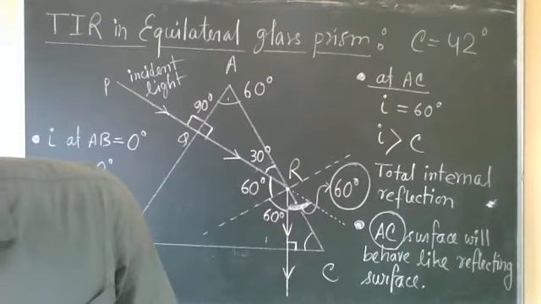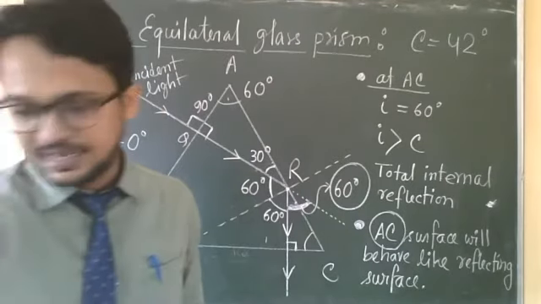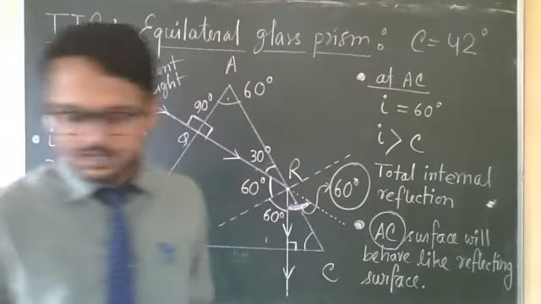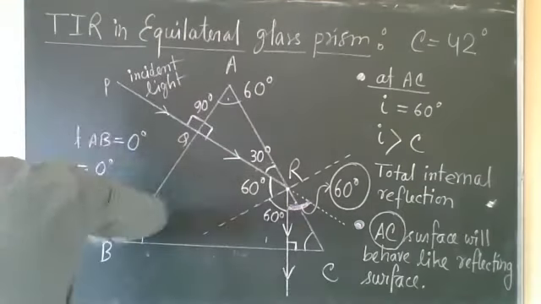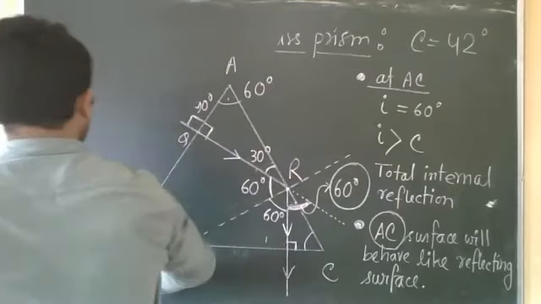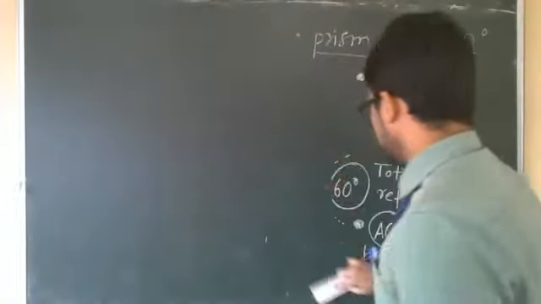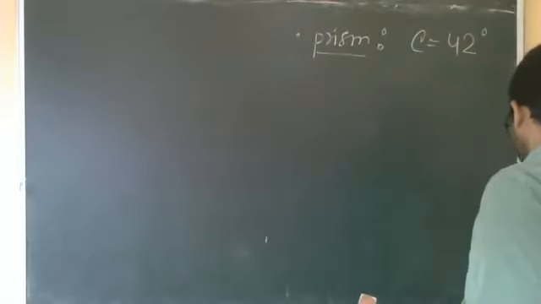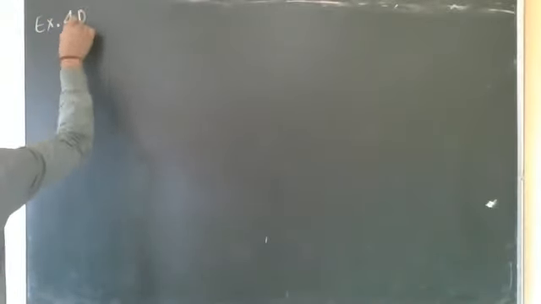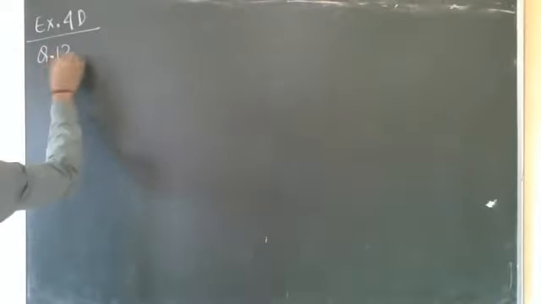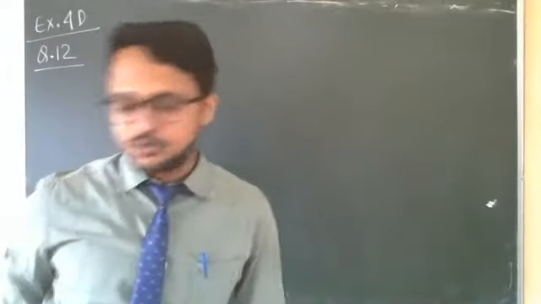Now come to one question. Today we will not do any more ray diagrams. Come to one small question, but a ray diagram, because I told you most of the questions you can get from this chapter are ray diagrams. Open the exercise part of this chapter. Exercise 4D, question number 12.